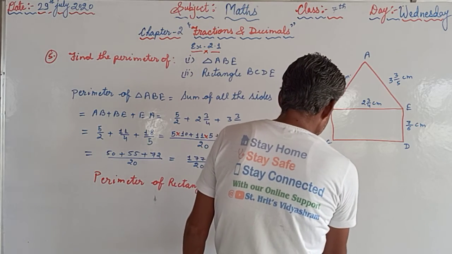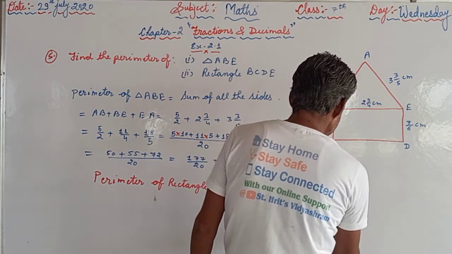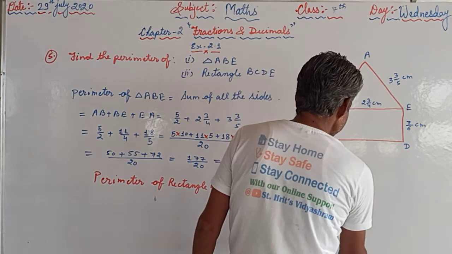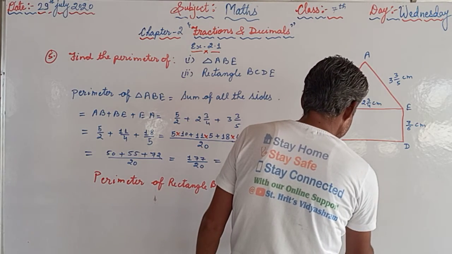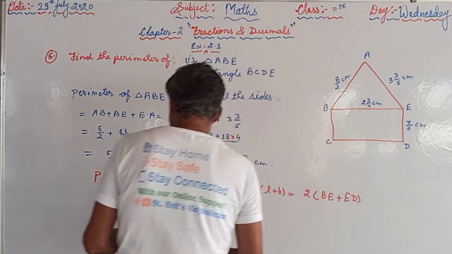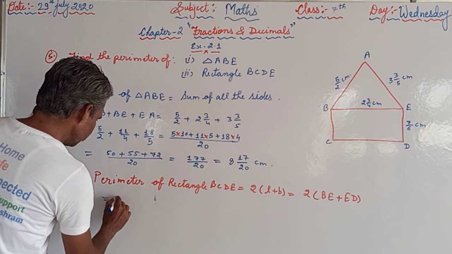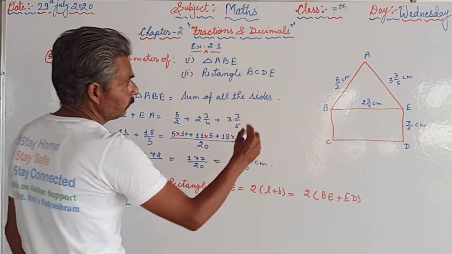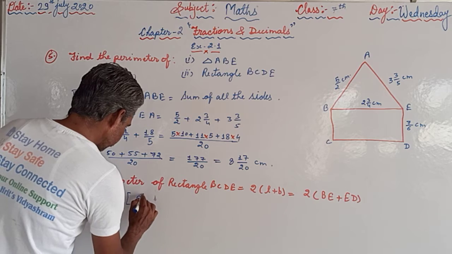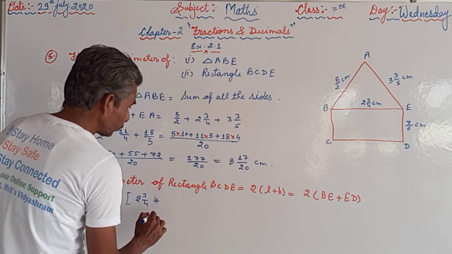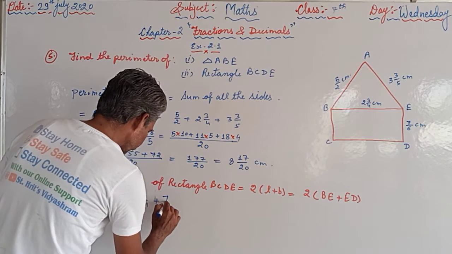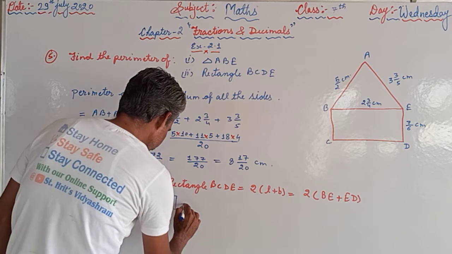What is the length? BE. What is the breadth? ED. So from here we can see 2 into 2 and 3 by 4 plus 7 upon 6. So when we solve that,